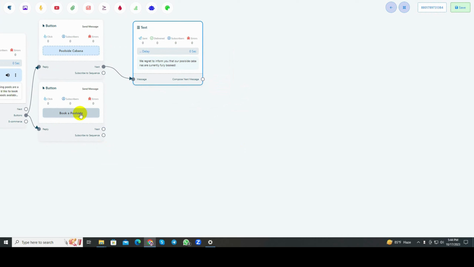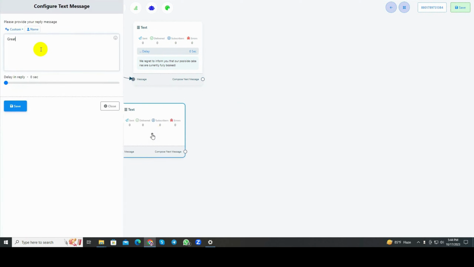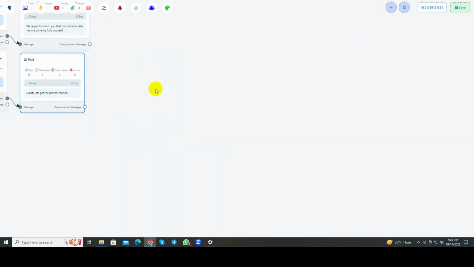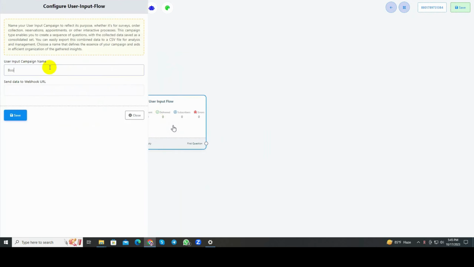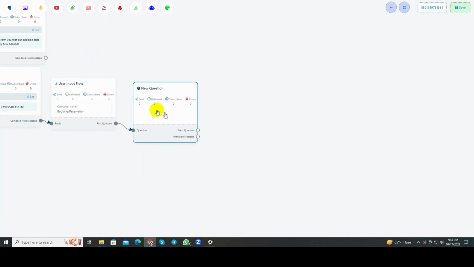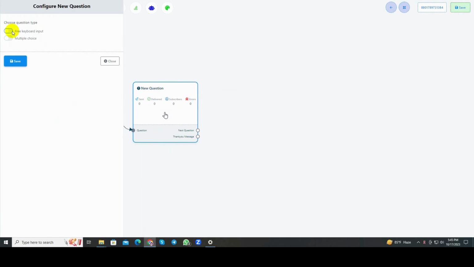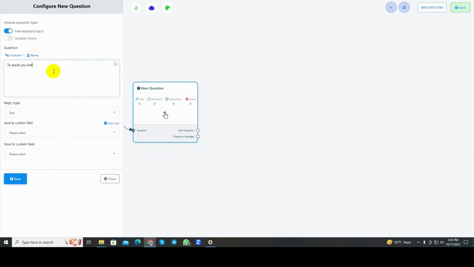So let's handle the book a poolside button. I'll start with a text option. I'll write, Great, let's get the process started. And here I'll use user input flow. Give a campaign name, and the name reflects the purpose of the user input flow, as I have already mentioned in my earlier video. The first question, use free keyboard input